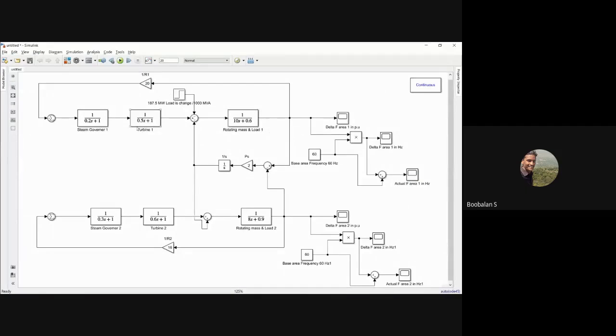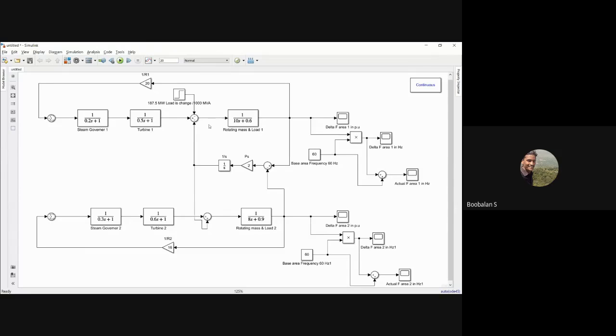We need to force it. Then the speed governor needs to balance, right? The speed governor needs to allow more steam to the main turbine. The speed governor automatically needs to sense and allow more flow, in such a way that the turbine runs with more pickup speed, right? It needs to gain more speed in such a way that it maintains the speed at synchronous speed and satisfies the load, right? This is the main thing.